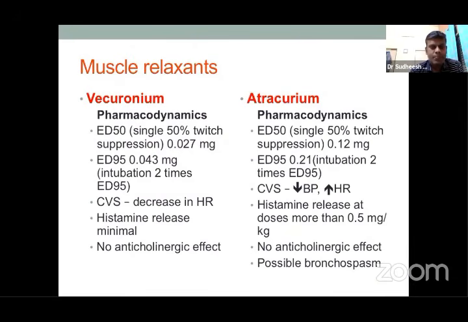and the maintenance dose is almost half, about 75% of the ED95. That's the reason why you should know these values, and then the effect on various systems. Here there are basically only three systems. One is the neuromuscular junction, and the other is the autonomic nervous system. Generally they are inert with respect to the autonomic nervous system because they act on nicotinic receptors, so you're bothered about the autonomic nervous system. The earlier muscle relaxants, like gallamine and DTC, had some effect on the sympathetic ganglia, whereas the newer muscle relaxants don't.